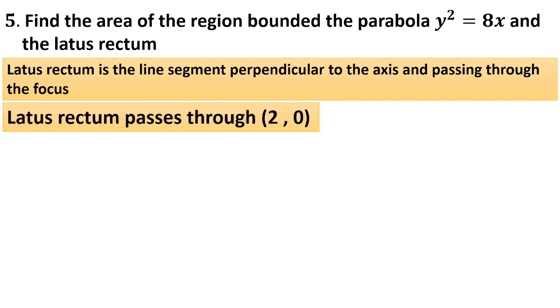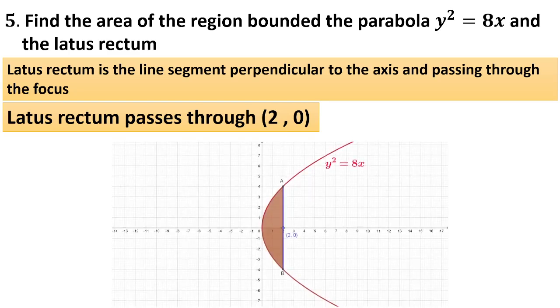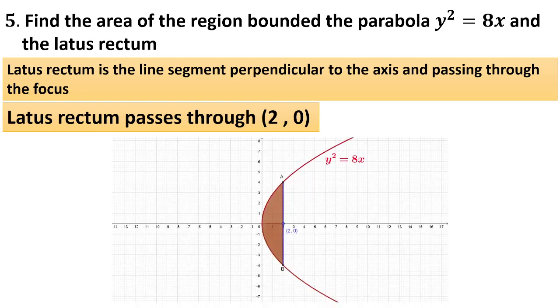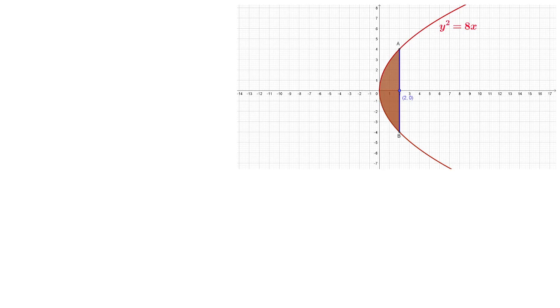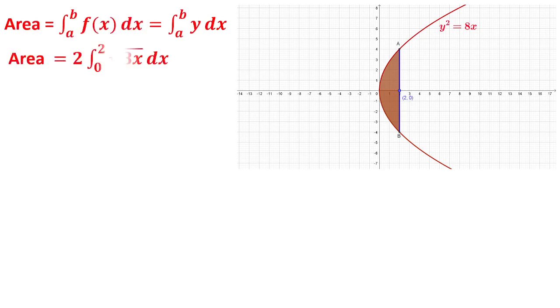What is the focus for it? For this, it is y square equal to 4ax. Therefore, a is 2, so the latus rectum passes through (2, 0). This is the diagram for it. We have the area above the x-axis and below the x-axis. Therefore, the area is 2 times the integral from 0 to 2 of square root of 8x dx, because y is equal to root